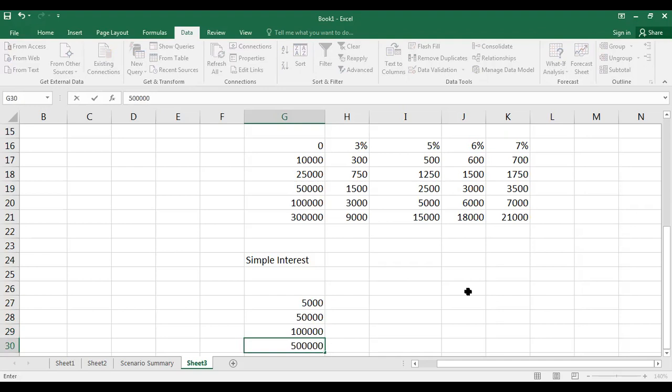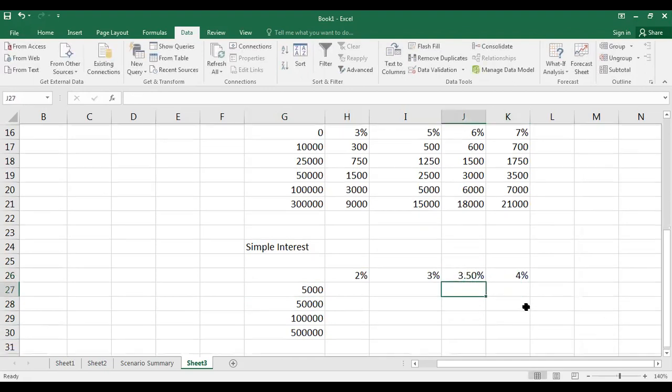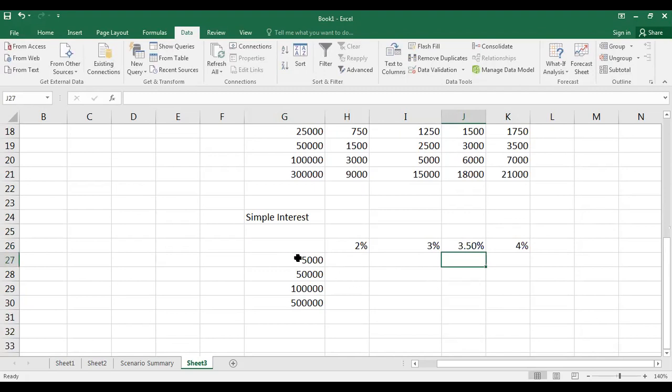Whichever tariff or limit we have, you can set there. The percentage may start from 2%, 3%, 3.5%, then 4%, like this.